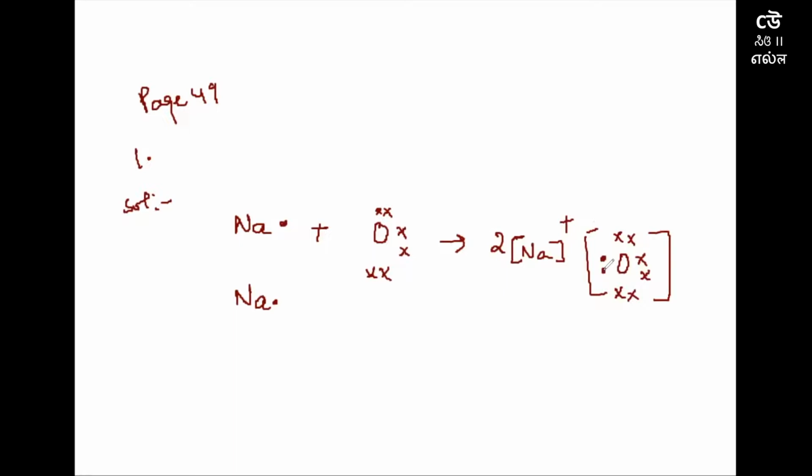So this is how it shows that oxygen has gained the extra electrons of sodium. So this would be like 2 minus, and the compound would be like Na2O. So that is how sodium oxide is formed, and this is how you have to draw its electron dot structure. Moving on to the next question of this page.